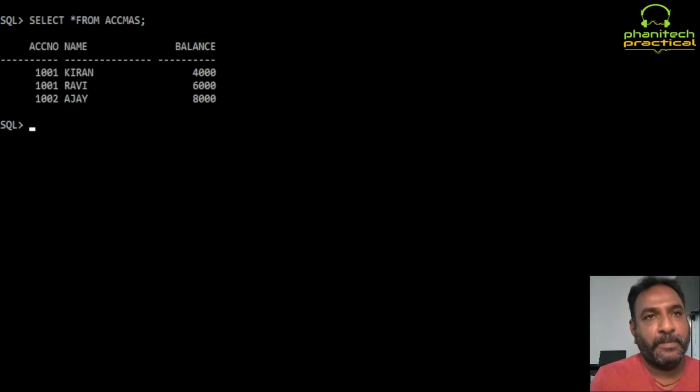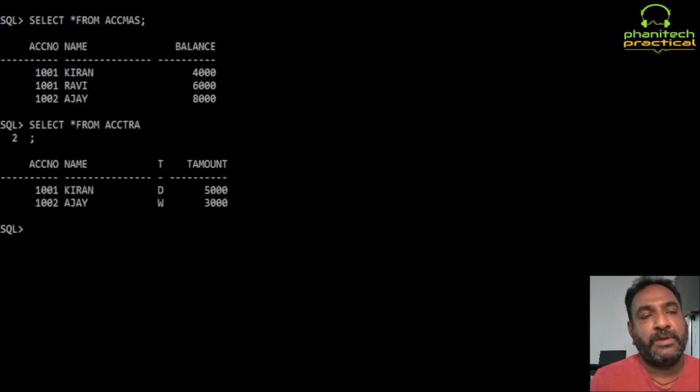Select star from SEC mass. Select star from ACC TRA. Now what's my requirement is I want to remove the table previously seen. Without on delete cascade, what happened? It will display an error message, child records are found. Now I want to